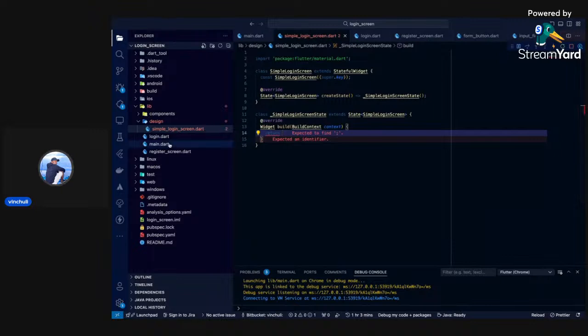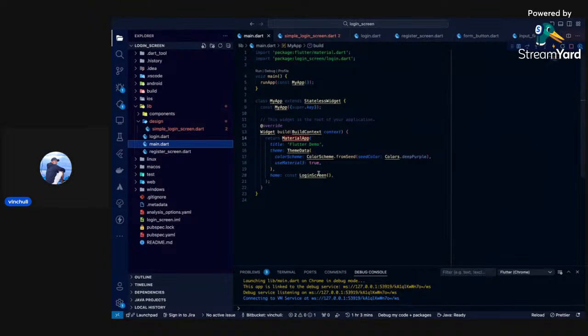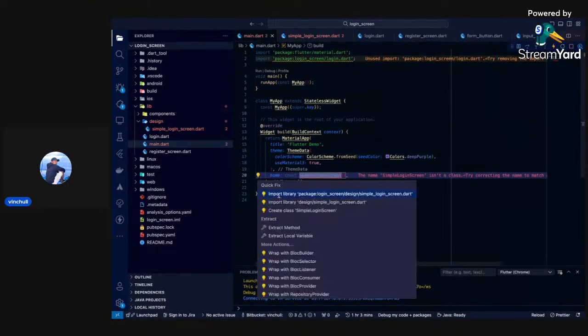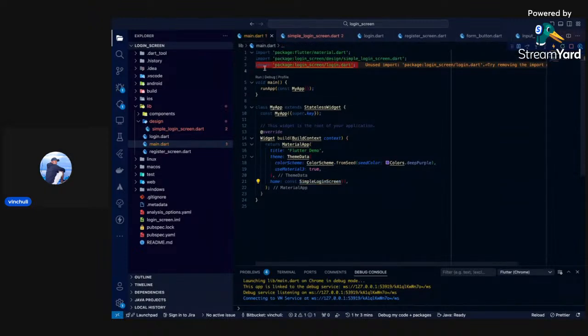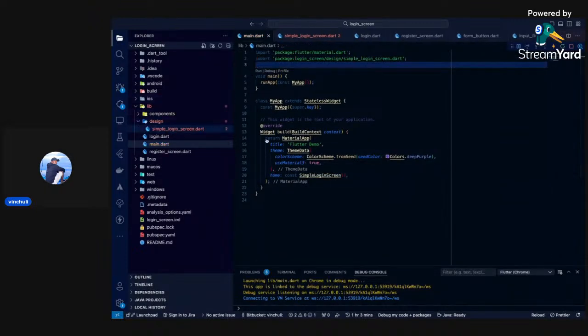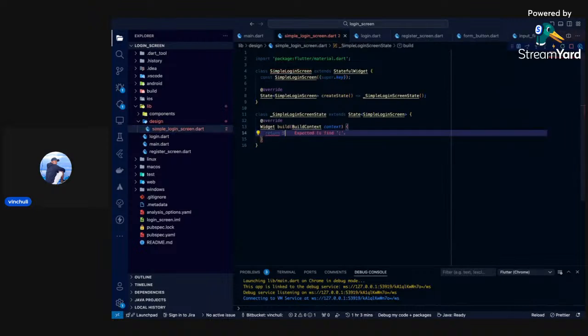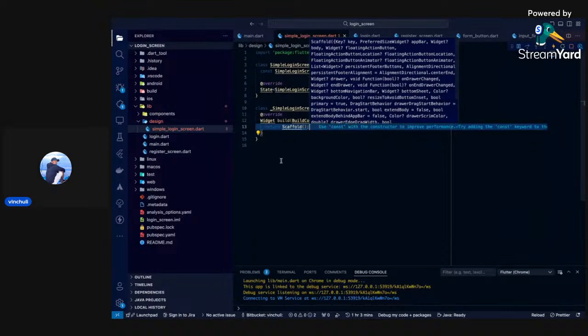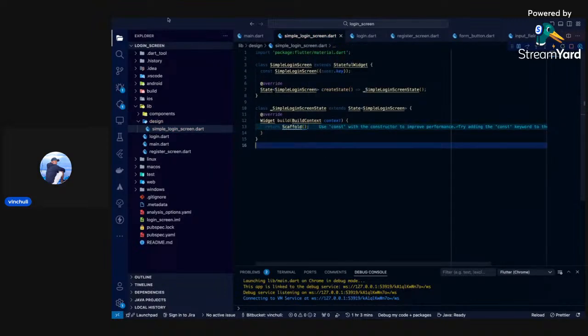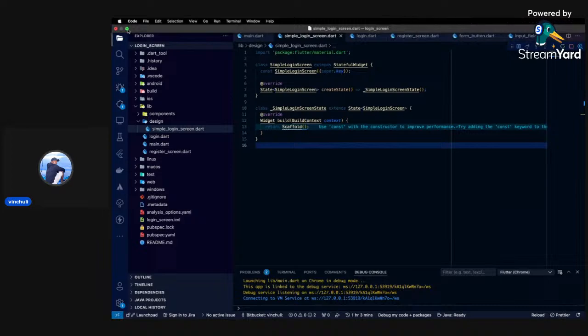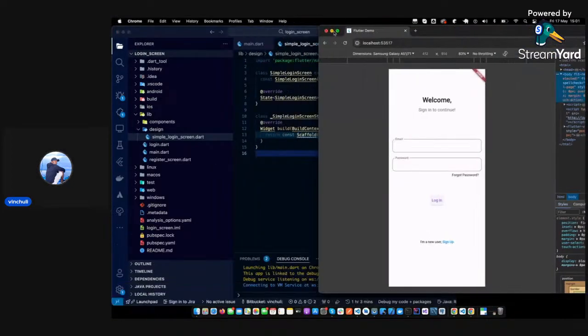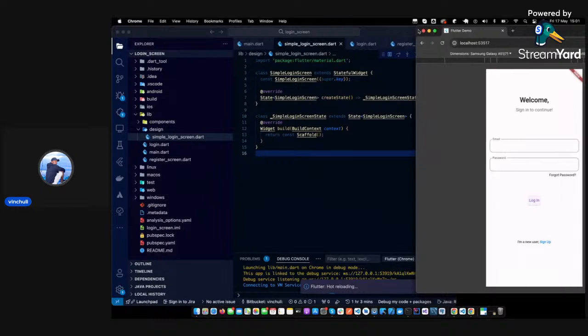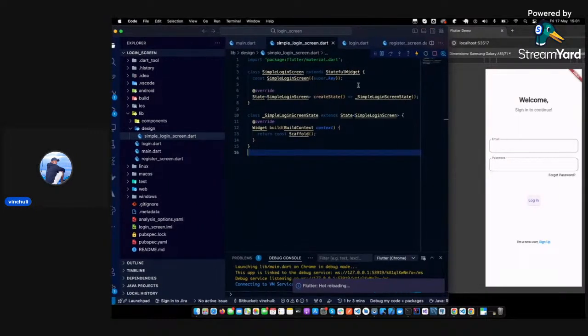I come here. Now I want to tell it not to launch from the normal login screen. Let me say, let's use this one. Simple login screen. So just remove this linking error. And we come here, we return a scaffold. Okay, so I think it may be good for me to run it side by side. So let me just do that so that you may be all seeing